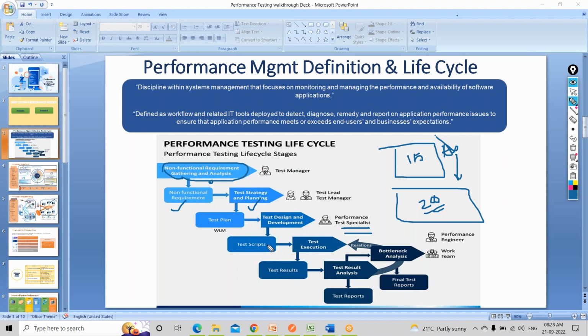Before this test, you need to do a small smoke test to see whether the scripts are working fine or not. So that will also be there. Now executions will happen, and again this process is the same, where if you have found a bottleneck, or if the response times are very high, or sometimes you'll have contention from the hardware end, and that's a big issue, then you cannot move forward. So obviously you have to highlight that, and when you highlight that, resolutions will be there.